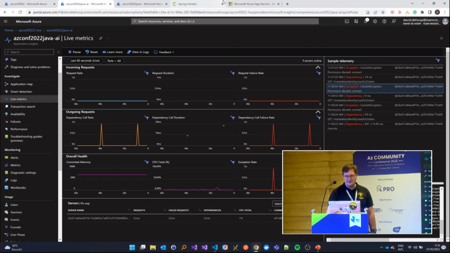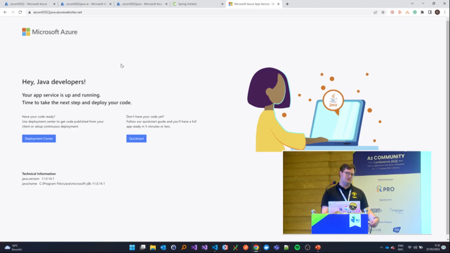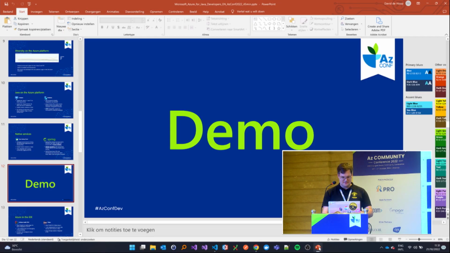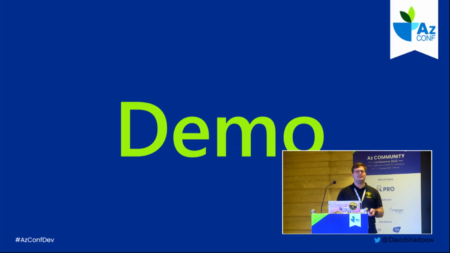So it's still busy installing the application, spinning up the JVM. Let's go back to the presentation and we'll revisit this later, because it usually takes about a couple of minutes, about 5 minutes. So this is basically how you deploy a Java app in Azure, but also for you as a developer, your